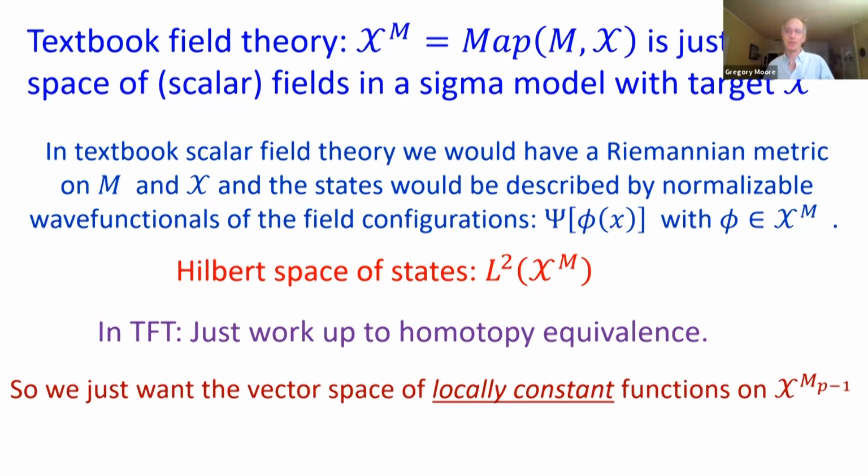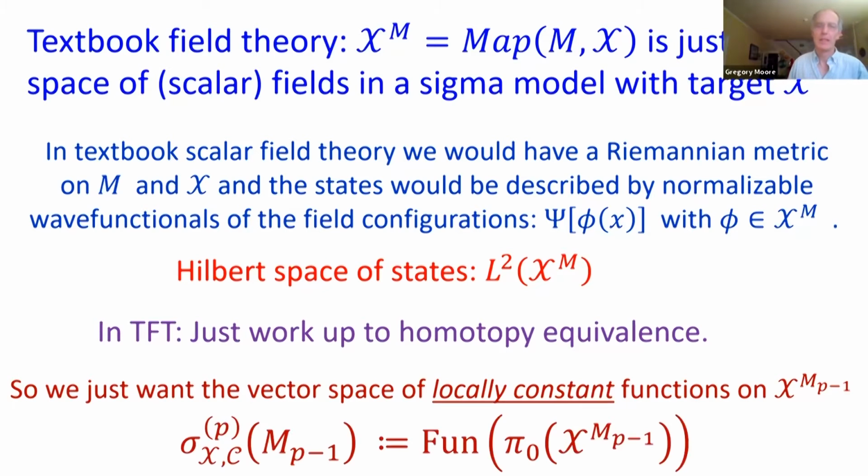MP minus 1 is the spatial slice. Now, what is a locally constant function on a topological space? Well, a locally constant function on a topological space must be constant on each connected component. In other words, a locally constant function on a topological space is nothing other than a function on the set of connected components. So here's the official definition of the state space of a finite homotopy theory with